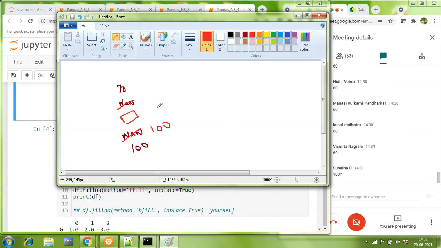Remember the rule. The rule says whatever is the value here will replace this. It's not going to be 100. Sorry. No. I am again repeating, this is blank. This is not NaN. Your replacement is going to work only over NaN. So this is blank. So this will also become blank.